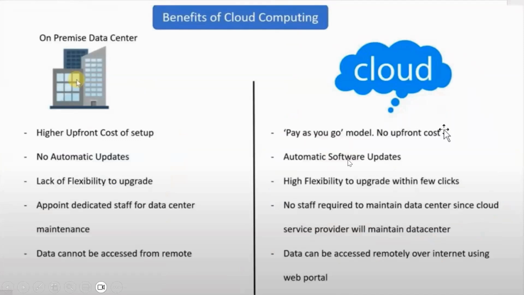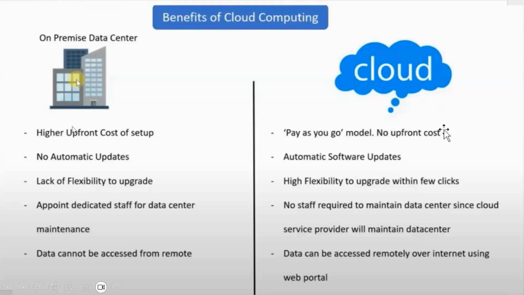So no upfront cost, automatic software updates will happen, and there is high flexibility to upgrade your applications, where the team will take care of it. You do not need to worry about it. No additional staff is required to maintain your cloud data center, because the cloud service team will take care of it. And data can be accessed remotely using the internet from anywhere, using a web portal, any device, anytime.